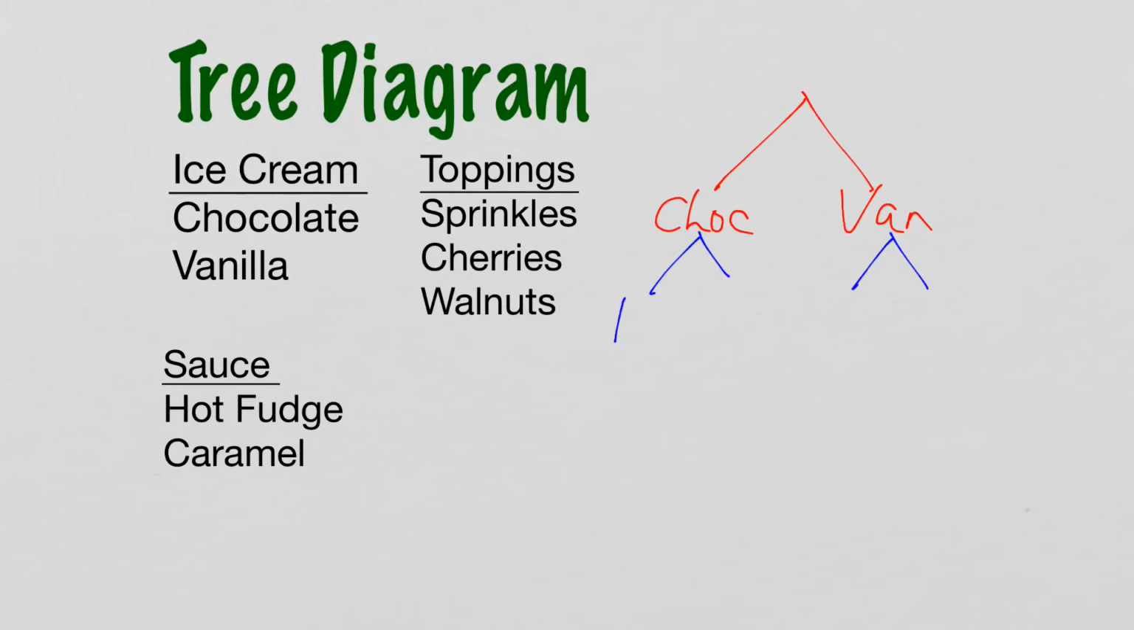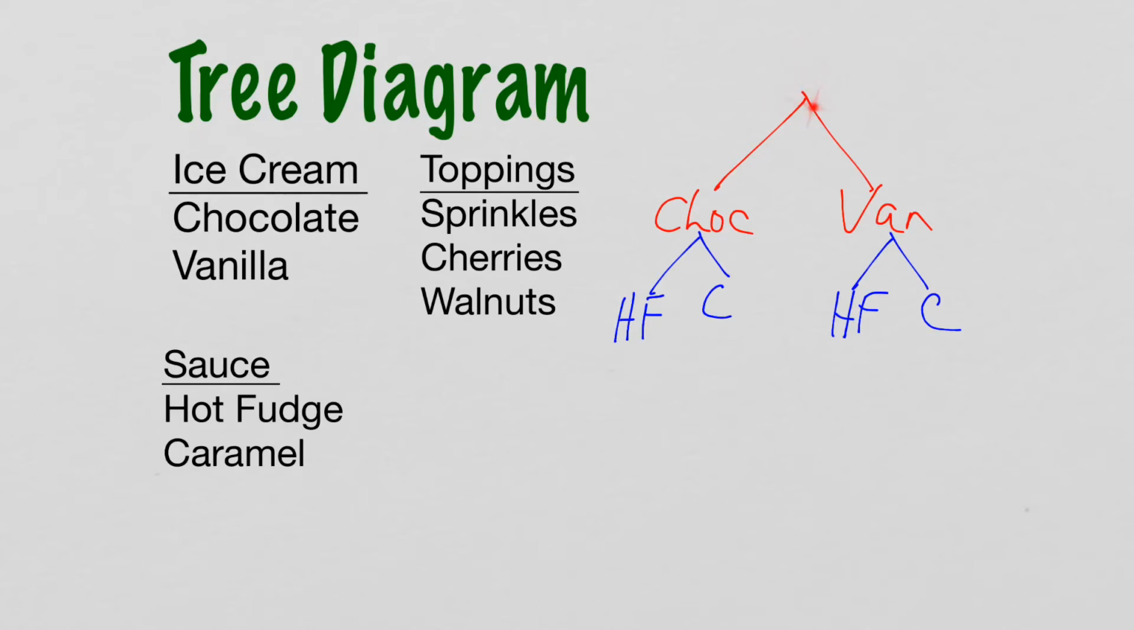Again, I'm going to abbreviate. I'm going to just say HF for hot fudge. I'll do C for caramel. And then same thing over here. So it doesn't matter. I have already 4 possibilities, because if you look, you just kind of follow